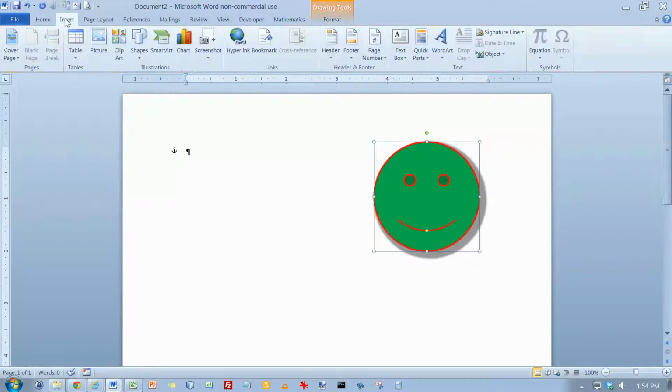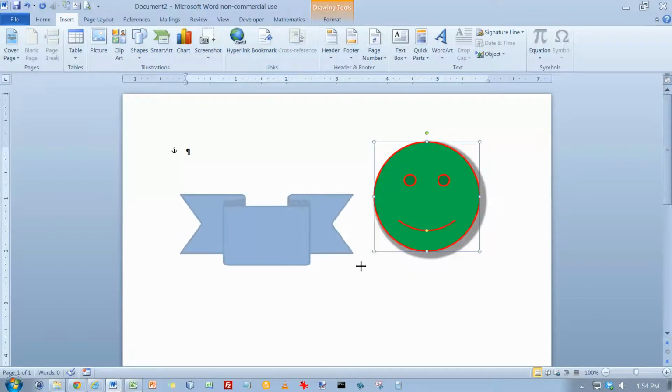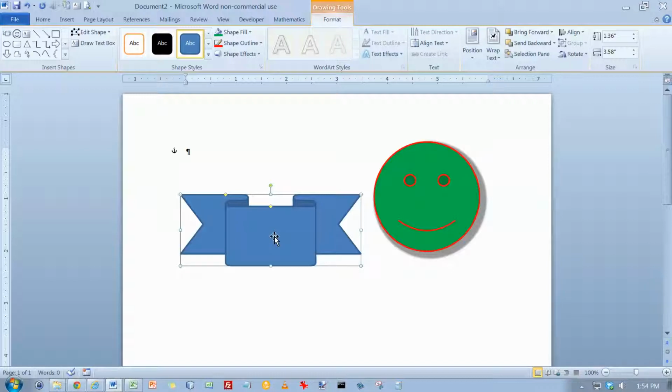And let's go back to our Insert tab, and let's go to Shapes here. And the other type of shape I want to take a look at is down here on the stars and the banners, and the callouts work the same way. Let's take one of these ribbons or scroll characters here, and I'm going to click and drag it. And these are intended frequently to have text on them. Now if I click on here or try double clicking on here, nothing happens. But if I want to put some text in here, I can right click,